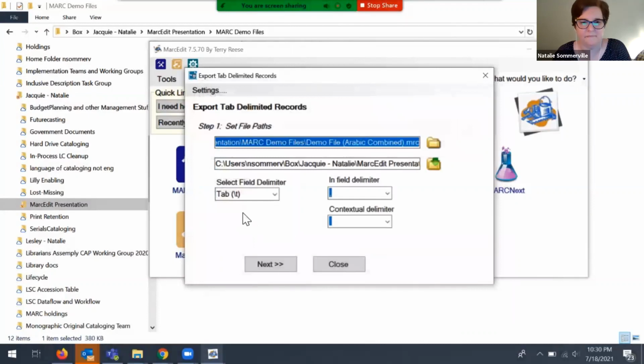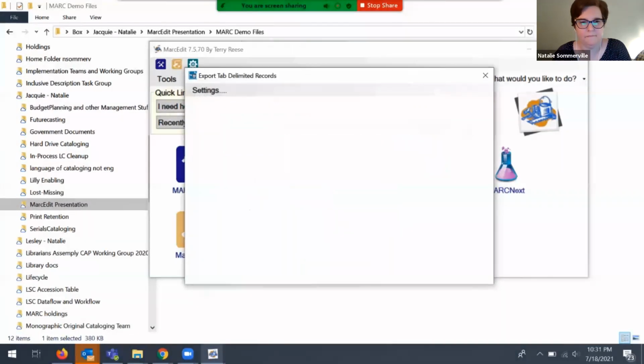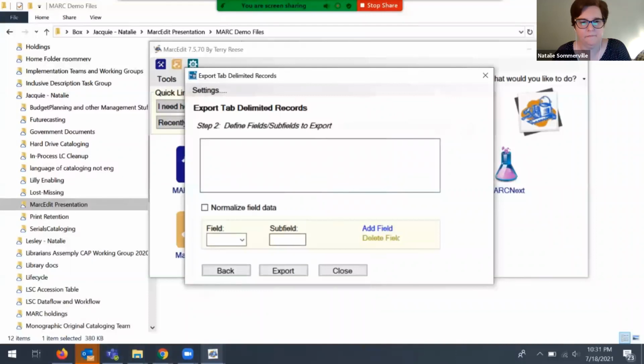Next, you can select a field delimiter if you so desire. I usually accept the default tab delimited text. By clicking the Next button, MARC Edit then lets you articulate which fields you would like the report to show you.